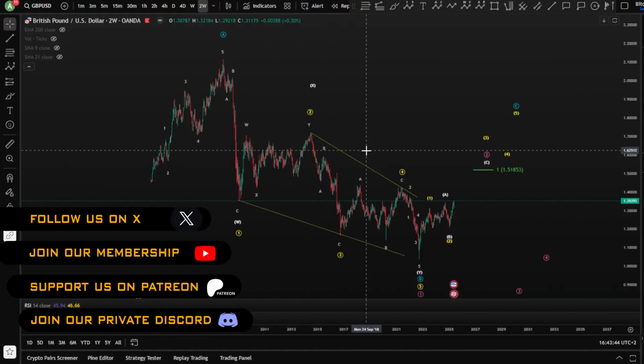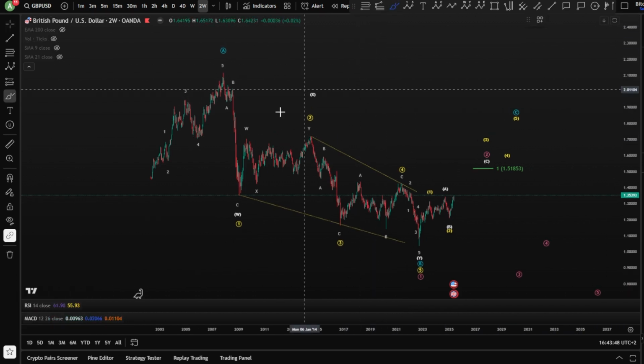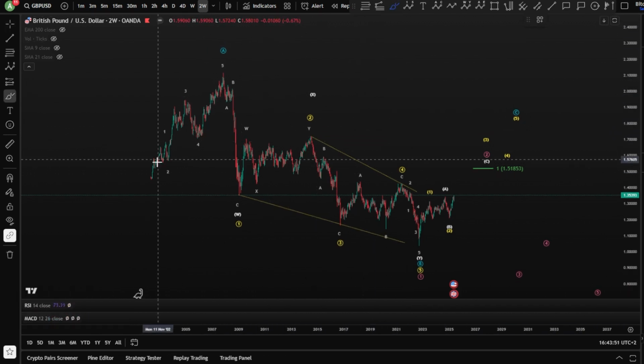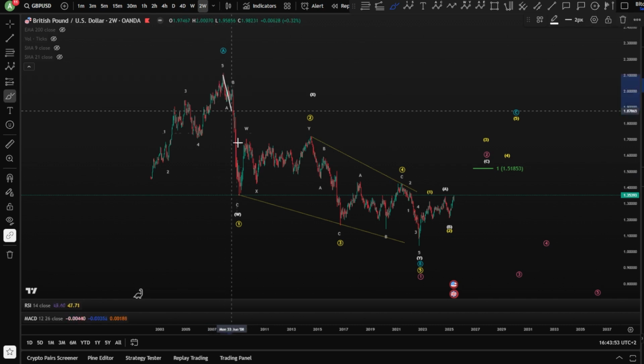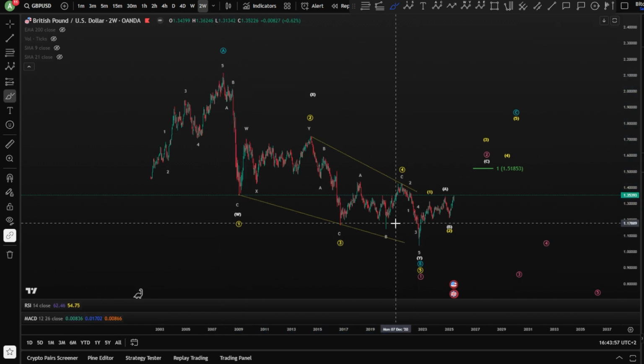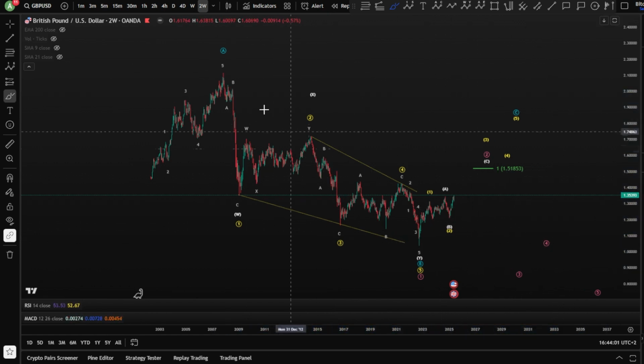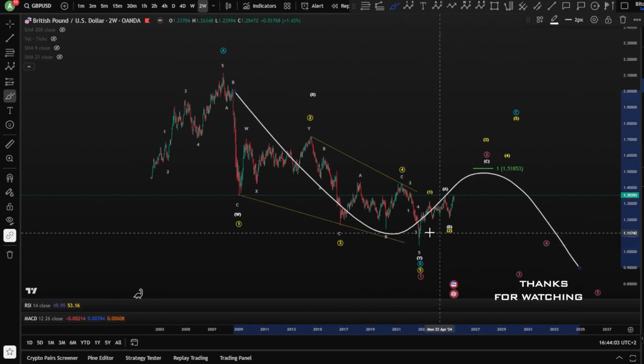Hello everyone, welcome to a new video for the GPP price prediction based on Elliott wave analysis. Starting on the weekly chart here, we have a potential leading diagonal toward the downside, 1, 2, 3, 4, and a 5. It can be, of course, a wave 1, 2, and then 3, 4, 5. Of course, it can be as well A, B, and a C.